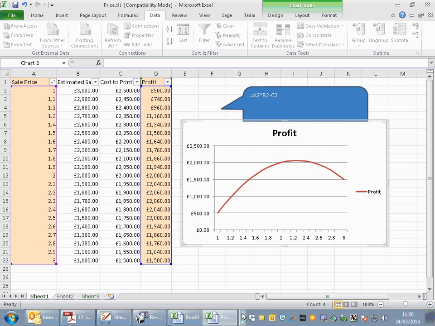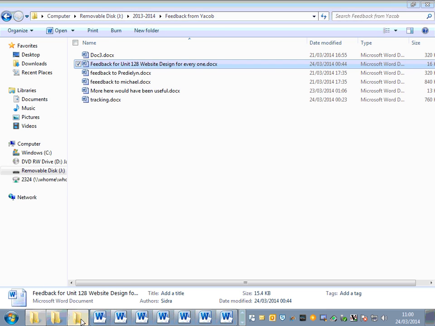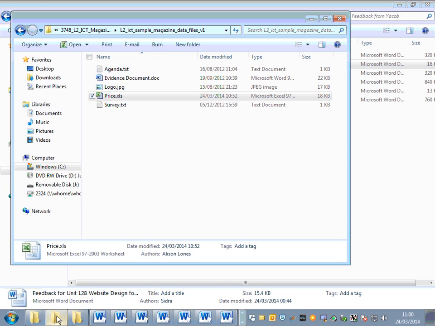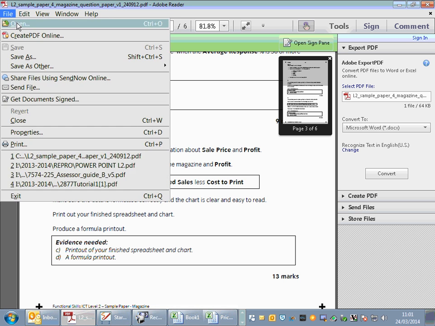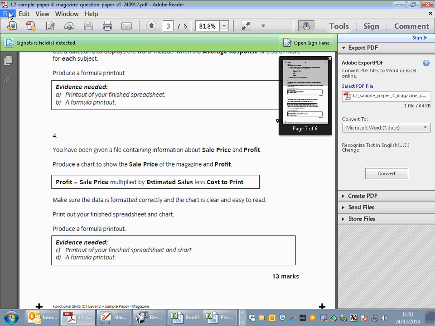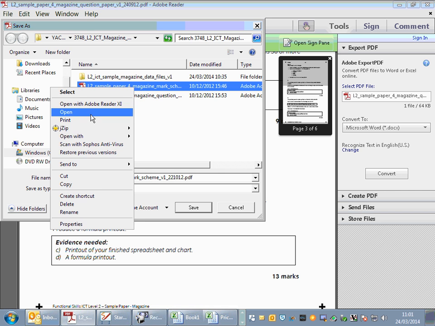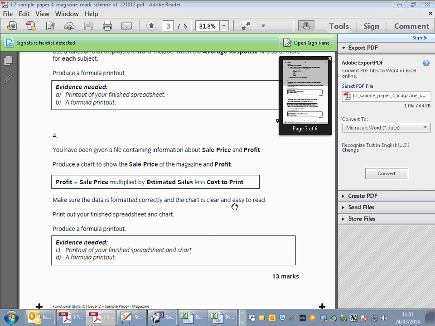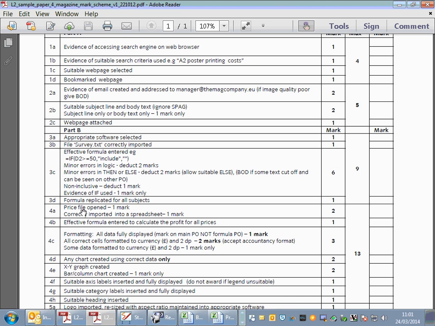If I show you the marking sheet, file and open. Sorry, what I want to do is I want to show you the marking sheet. Open. This is the marking sheet. It's good to look at marking sheets. This is question number